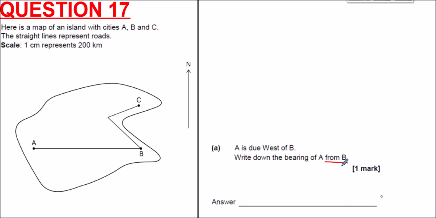From B means we start facing north at B, because bearings always start from facing north. We're looking at this angle here. We're going to start from B, facing north, turning clockwise around until we are facing A. And so the bearing of A from B